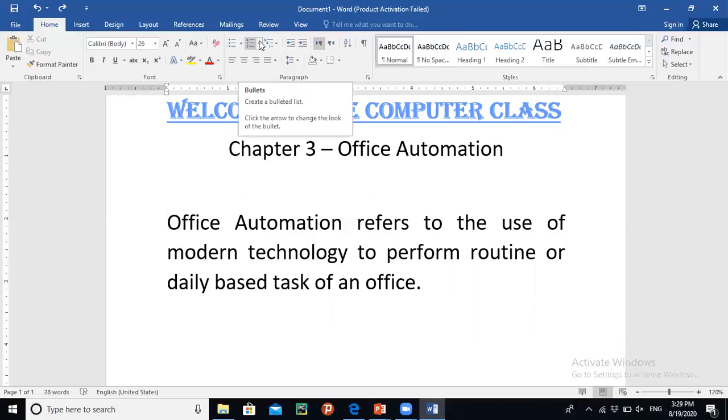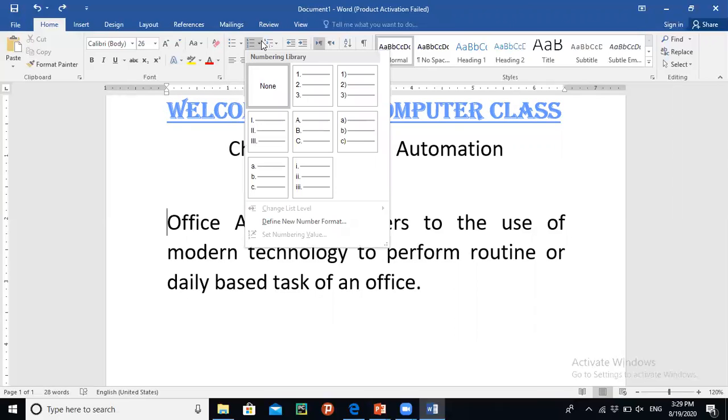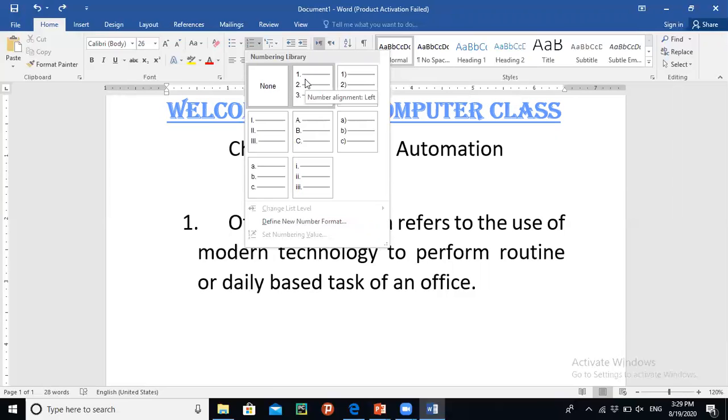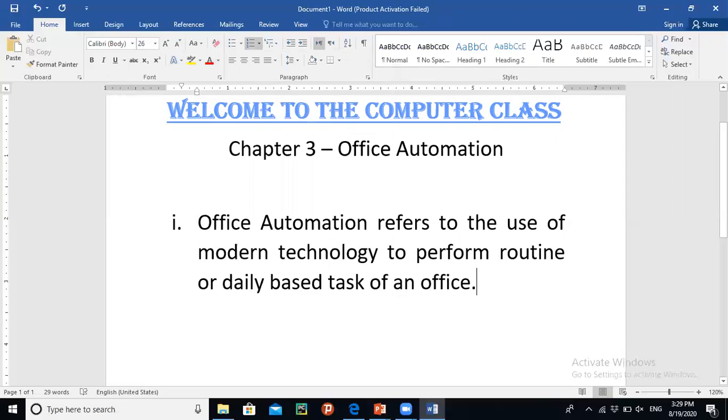For example, I want to write down some points. I can select the option bullets or numbering. You can see the various options are available, like the numeric, the Roman, the ABC. You can select whatever you like. This is the first point. Now press enter. You can type the second point or whatever you like. In this way, you can make the points in your document.